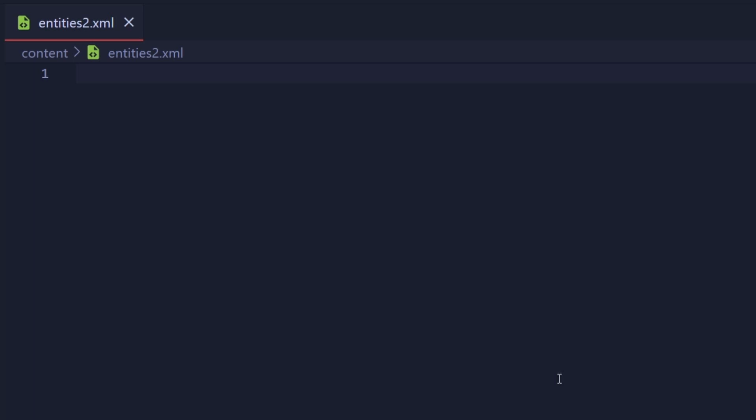In the previous video, I already explained how creating an entity works, so check that out if you get confused. You can find that video by pressing the little I at the top right corner of the video. Alright, I'm inside the entities2.xml file that I just created, and the first thing I'll do is create the root